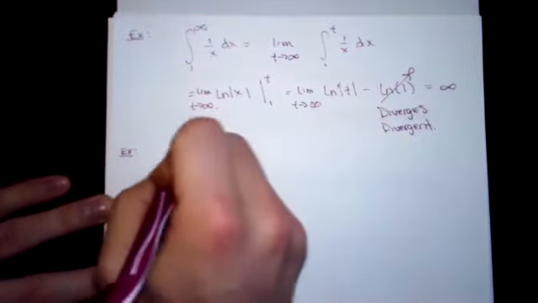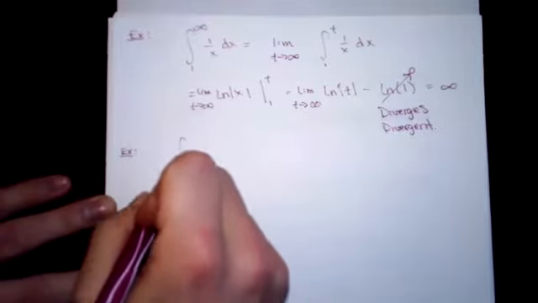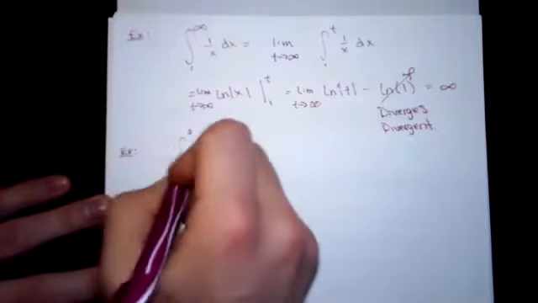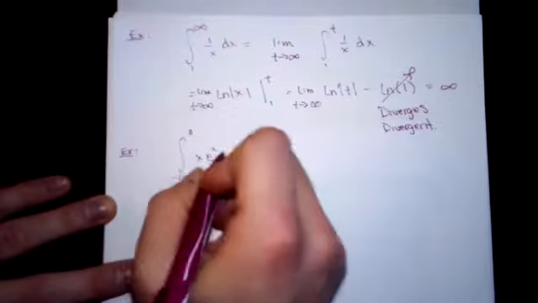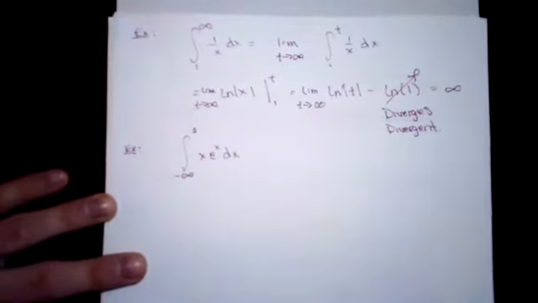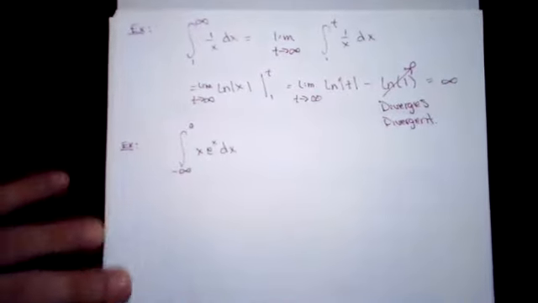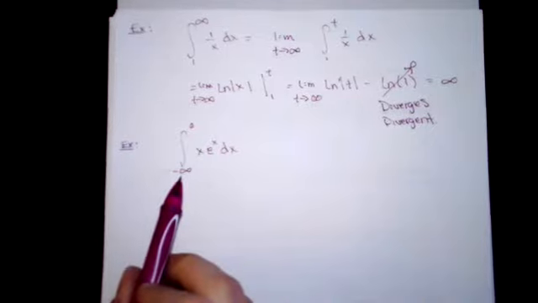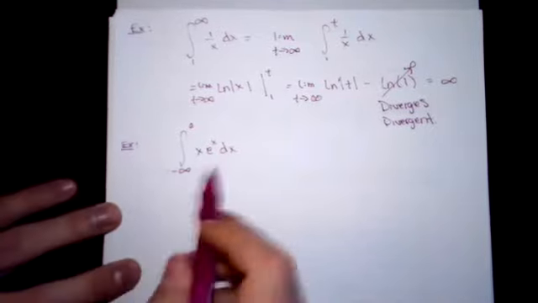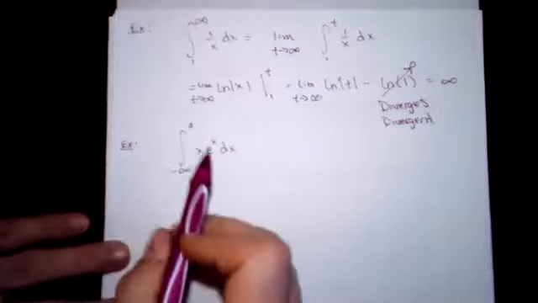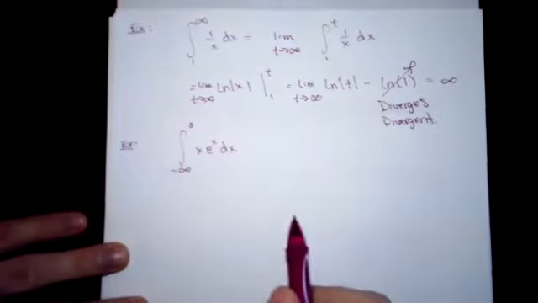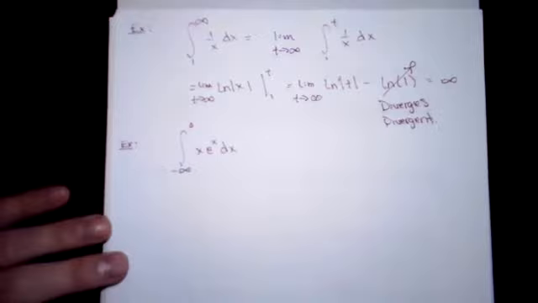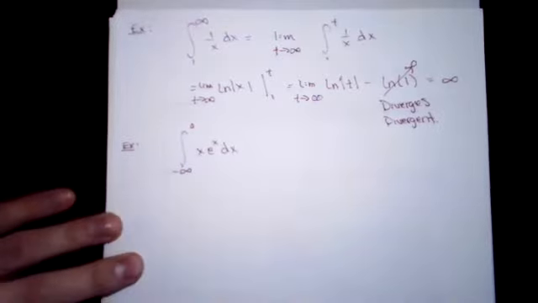So let's do something like the integral from minus infinity up to 0 of x e to the x dx. And here we'll have our fancier integration techniques as well. It's improper because we're integrating out to infinity. It's x e to the x. Unfortunately, there's not a good u sub for that. So next thing we might want to consider is integration by parts. Integration by parts works nicely because we can get rid of that x.